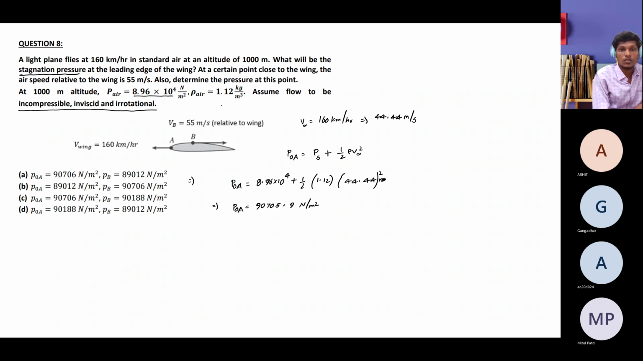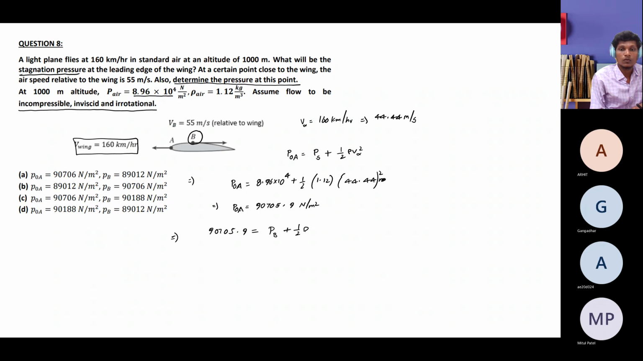The second thing we need to do is determine the pressure at another point, that is point B. We need to find the static pressure at this point. We have the information of velocity, so again we apply the same thing. We can apply it either using the static pressure of the free stream or the stagnation pressure. I will just take the stagnation pressure, 90705.9 Newton per meter square, at point A. And then I will say PB is my static pressure at that point B,